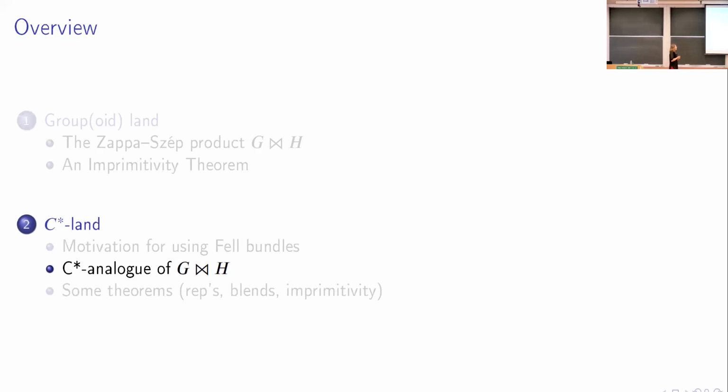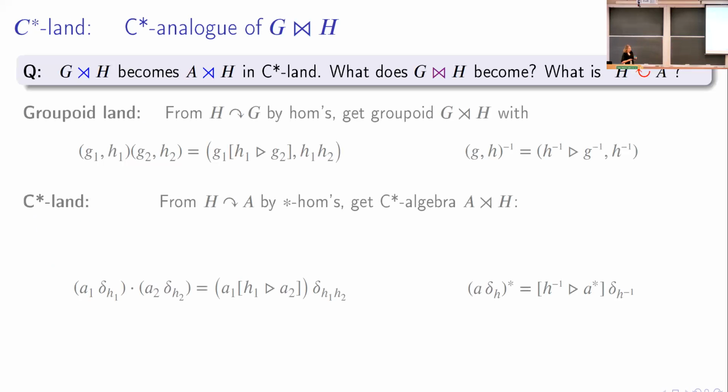Okay. So now that I've given you the definition of Fell bundles and I started with motivating why I needed it, let me actually tell you how we constructed a C-star analog of the Zappa-Szép product. One more time, my question is, if the semi-direct product becomes the cross product, what does the Zappa-Szép product become in C-star land? So here in gray, I hope you can see that it's gray, I just repeated exactly